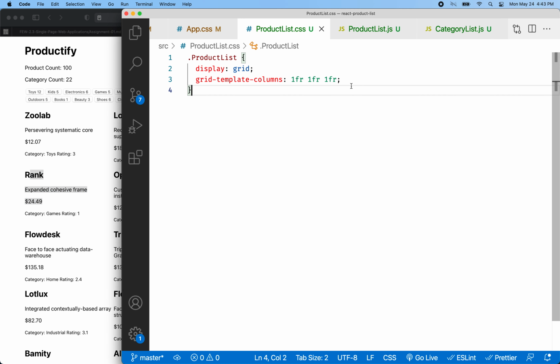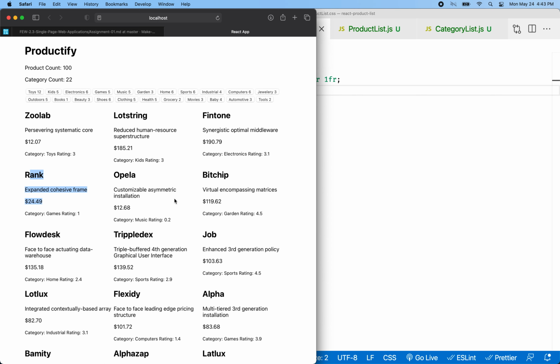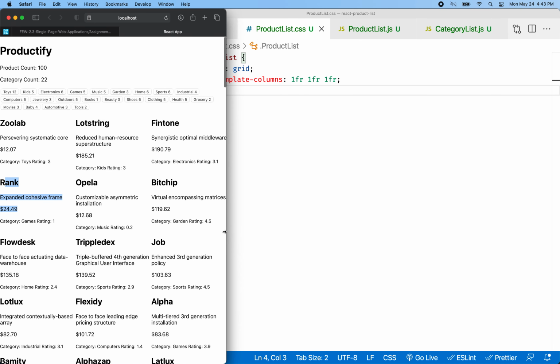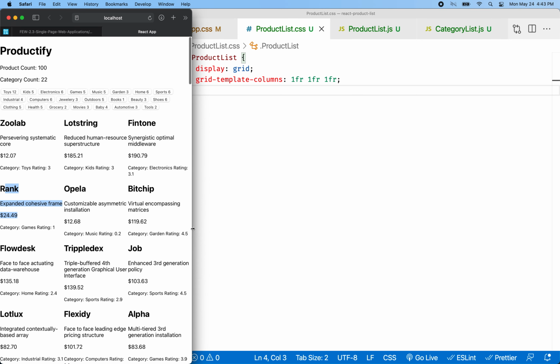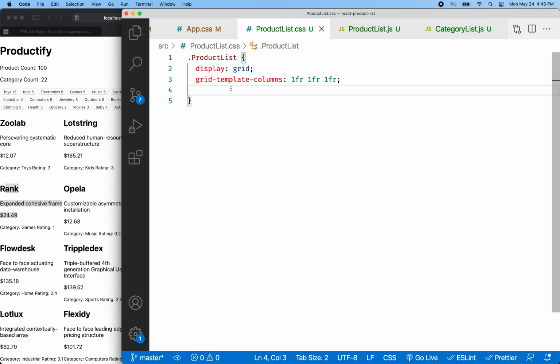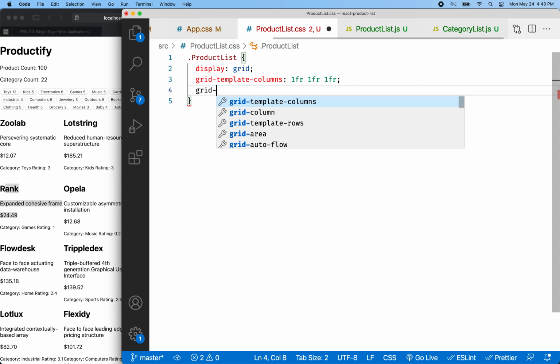Maybe we want to add a gap also. Actually, if you see it here, there is a gap here, and that's okay, but right there, when the line is too long, there isn't much of a gap, and when the page shrinks down, you can see everything kind of runs into each other here, right? Like you see it there and there, right? So what I want to do is guarantee that there's a gap between each column, right? So I'll add grid gap,